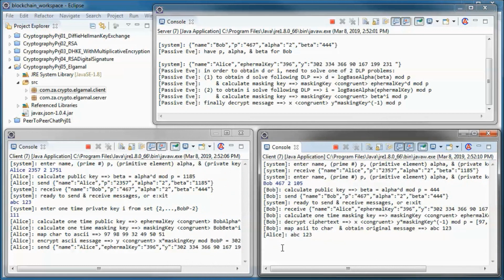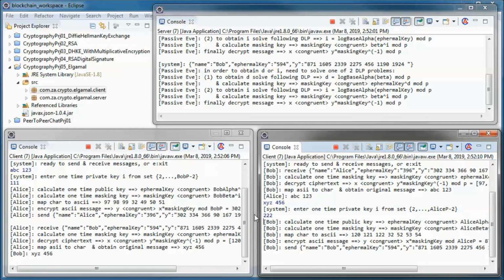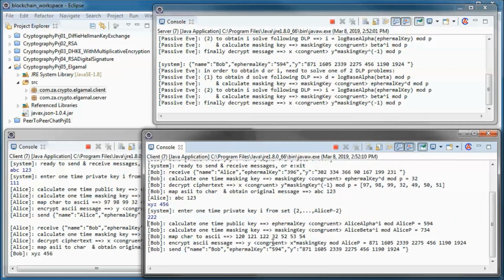And let's say he sends this message to Alice and maybe picks this one-time private key. So same thing, he calculates the one-time ephemeral key and calculates the one-time masking key and then maps the character to ASCII and uses the masking key to encrypt the message and obtain Y, the encrypted message, and sends the ephemeral key and the encrypted message to Alice.